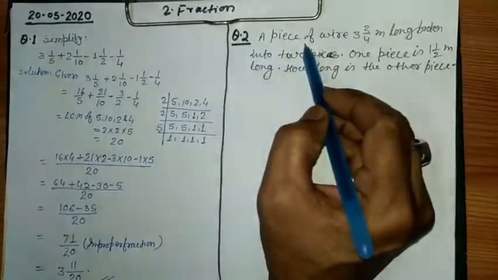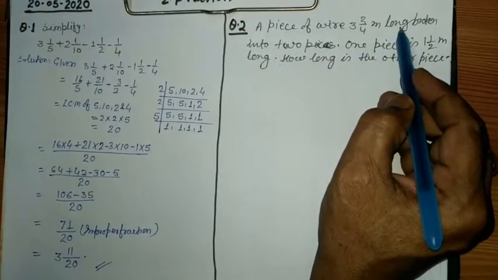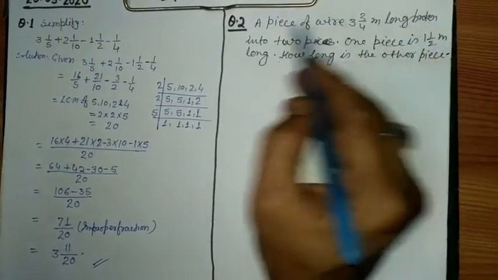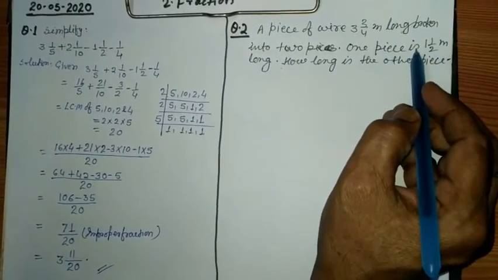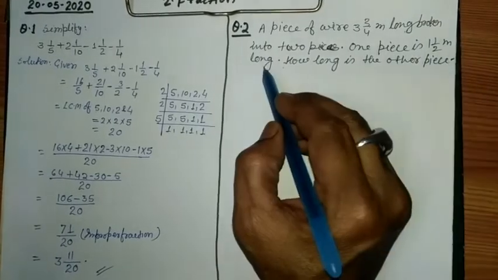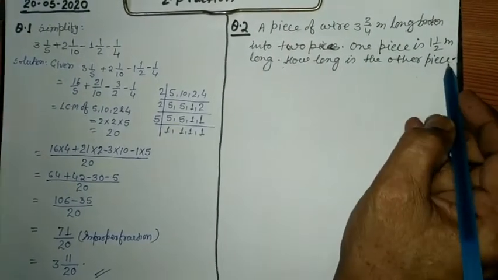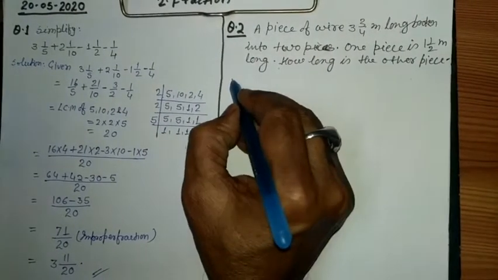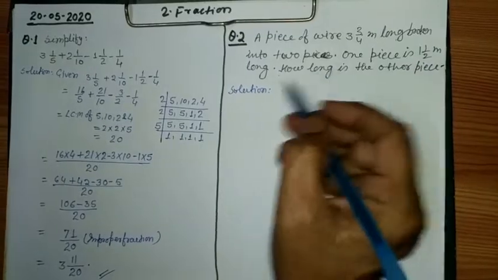Question 2. A piece of wire 3 whole 3 upon 4 meter long broke into 2 pieces. One piece is 1.5 meter long. How long is the other piece? Solution. Given: